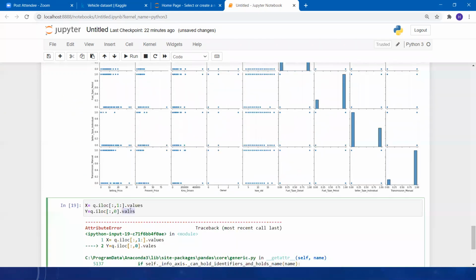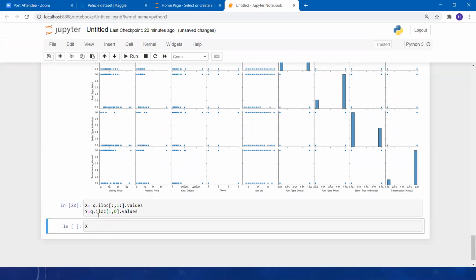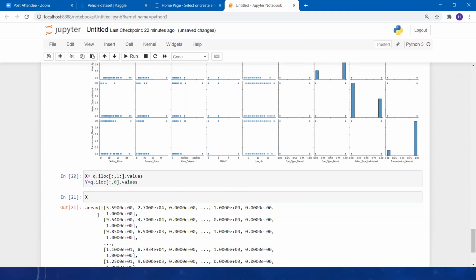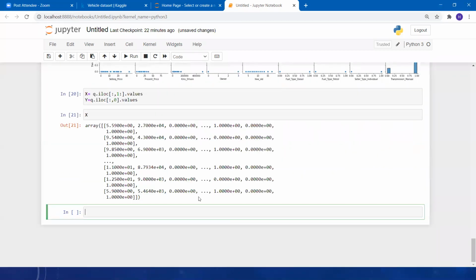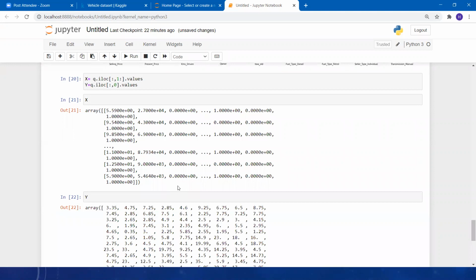Okay, it should be values. Now let's see what is our x. Now as you can see, x is our values over here and our y is our selling price. It is our prices.